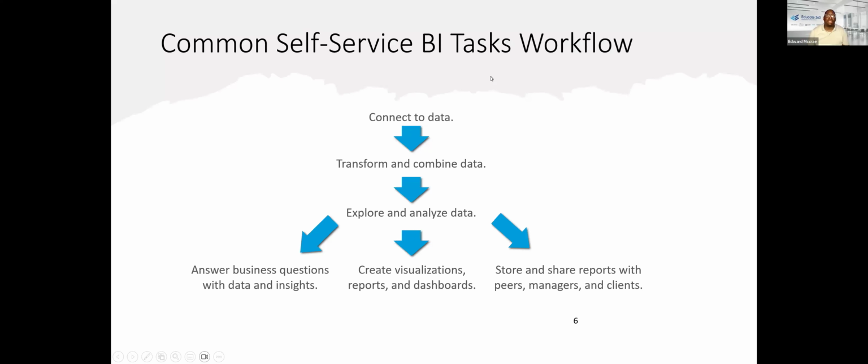So typically the way that this flows is we start by connecting to data. We are then able to transform and combine that data. And then we can explore and analyze that data, which is going to get into the creation of visualizations within our reports, the creation of dashboards, ultimately the publishing of this data to the web service so we can create dashboards and share out our data so that others can see and utilize it. All right, that being said, let's jump into